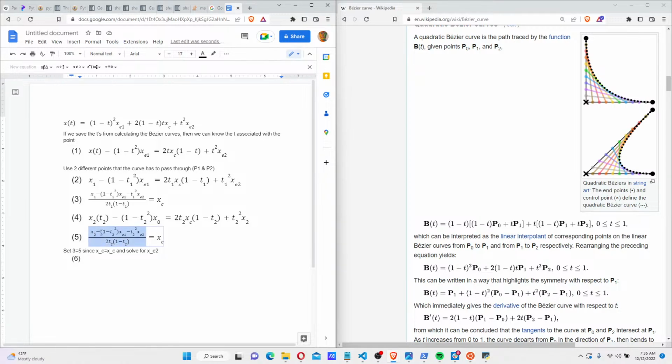We can say that this is equal to that, and now if we solve,